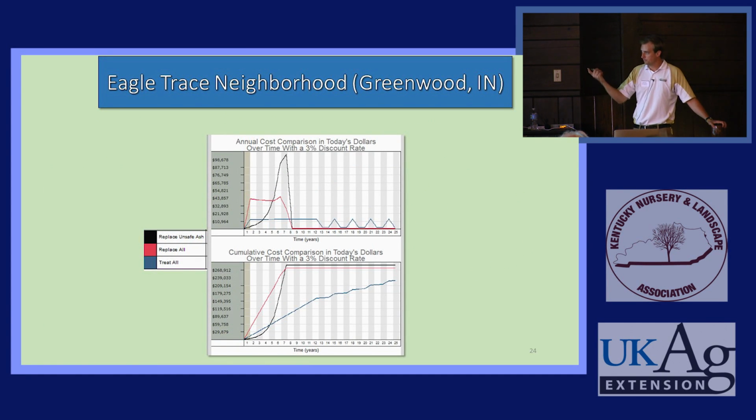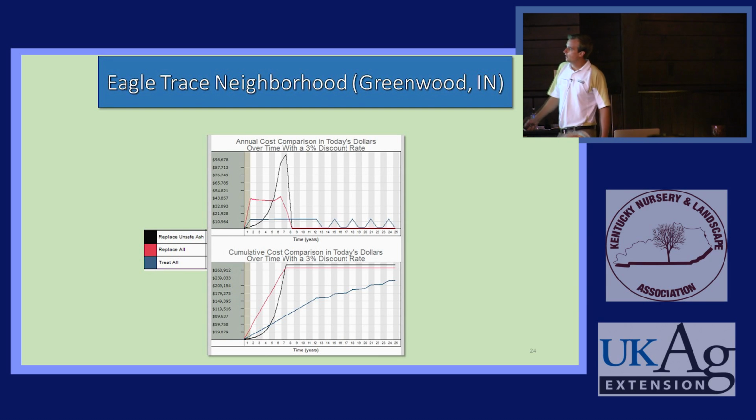This is what they used when they inputted all their information. After 25 years, they were actually going to be under the cost for replacing and removing these two options. Cumulatively, you can see that this year would have broke their budget. They're looking at almost $100,000 in 1 year if they went with that